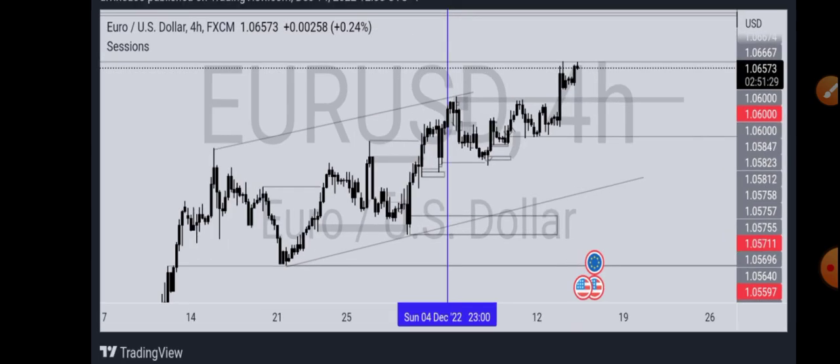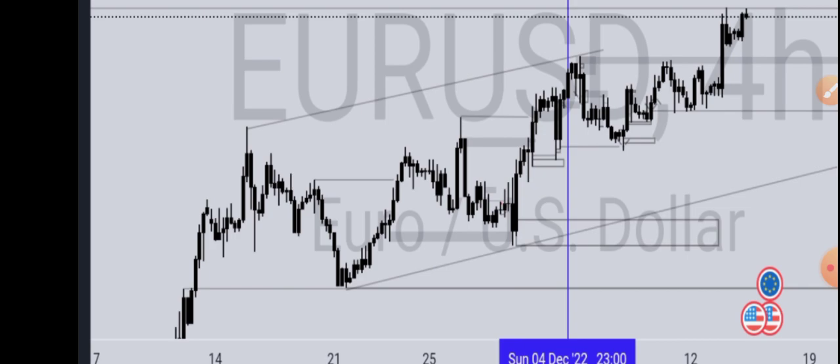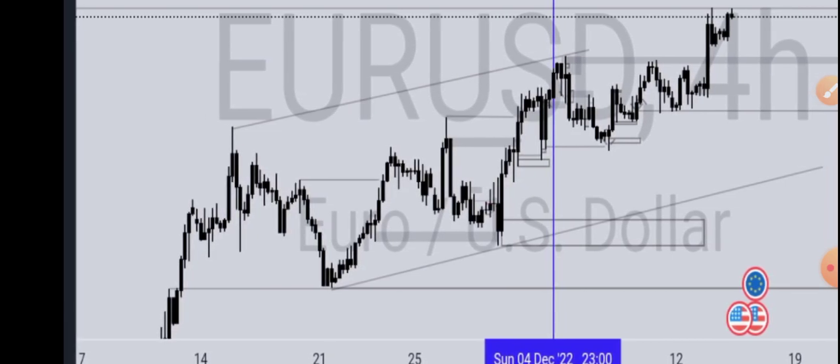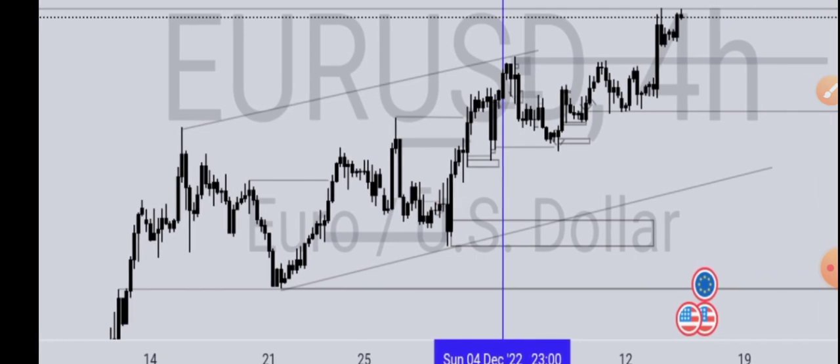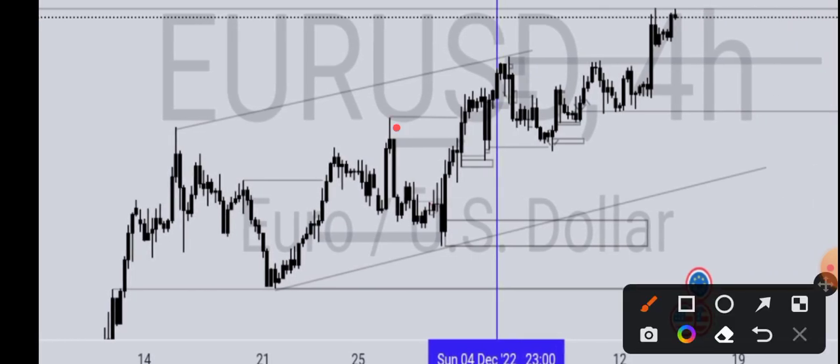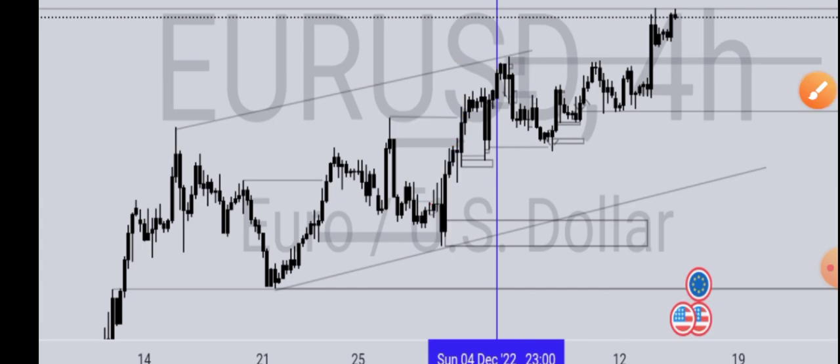We can see what happened here. We can see that price broke structure. This is our high. Okay. So now, what should we ask ourselves? First of all, where is the supply,